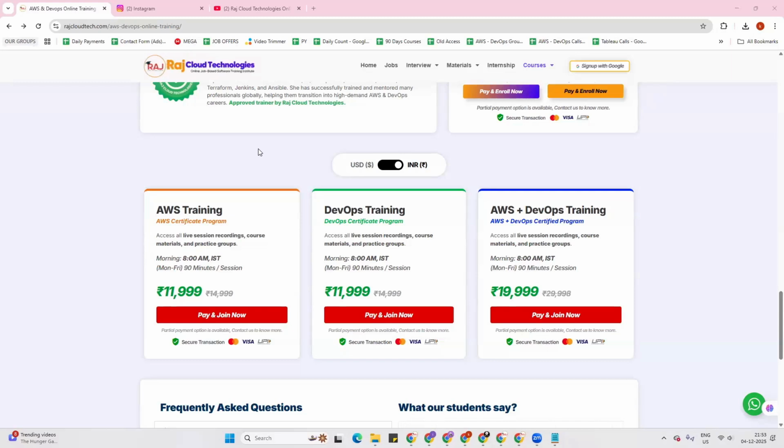Now Anil benefits because he got the training as an experienced candidate. That means he is going to have the complete basics: what is cloud, what is AWS, what is DevOps, how to create the trial account, how to start the practice, how to create the console, everything from complete scratch.